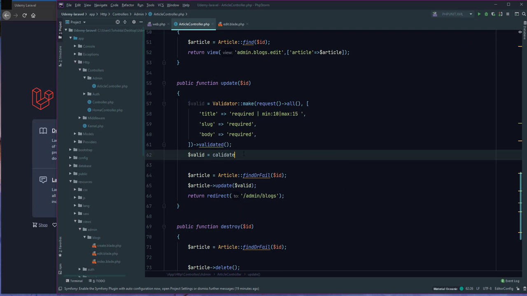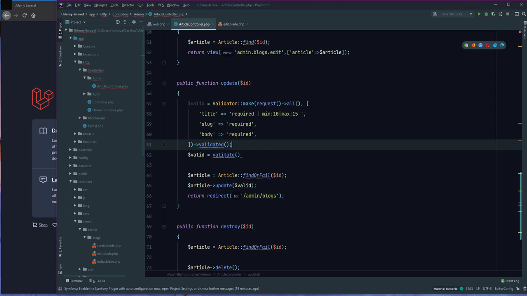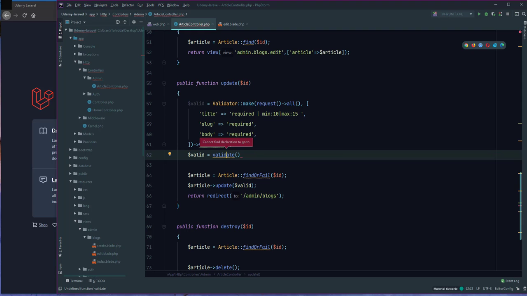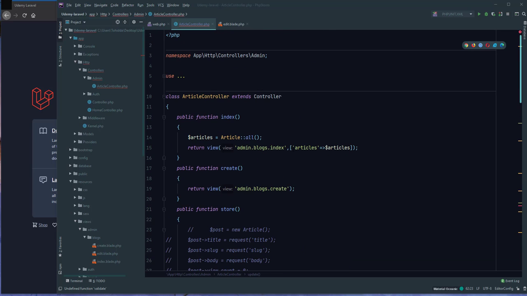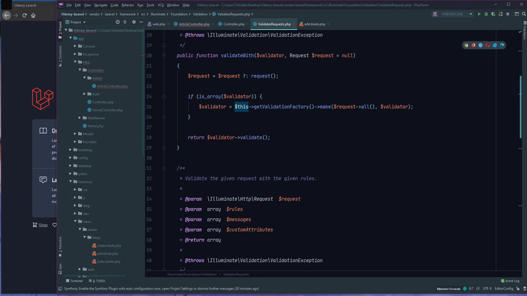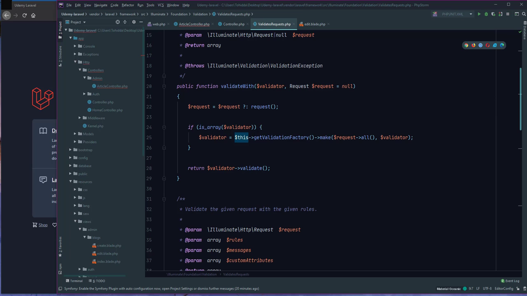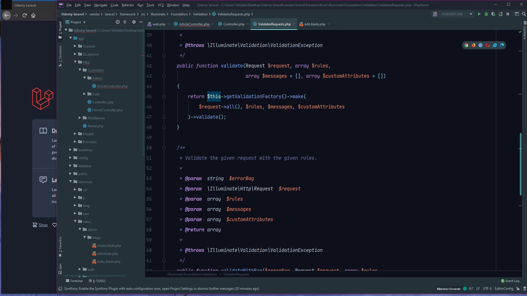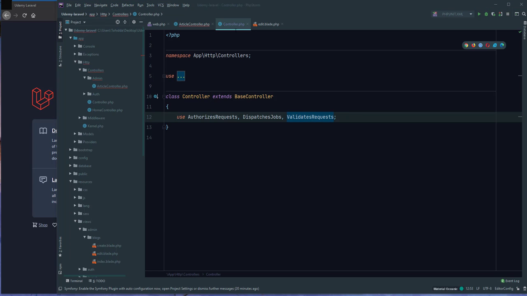The validate method. I open the controller and validate the request and use this: use validate, request all, and rule and message and custom. I use this method for validation instead of the validator. Okay,